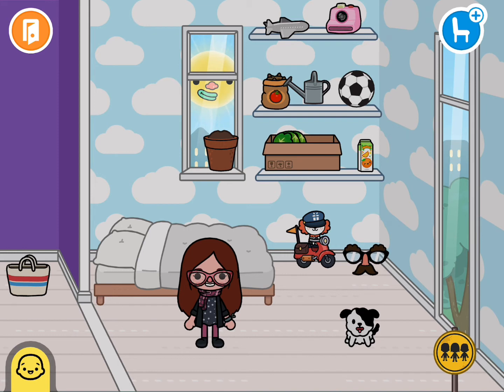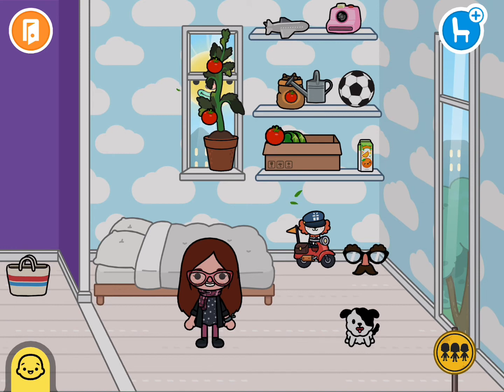Next, I'm going to take some of these tomato seeds, and I'm going to plant one and grab the watering can. And oh, let me just tell you real quick. The way to put the seed into the pot is by holding it right over it, and the seed will pop out. And now I'm going to take the watering can and hold it right over it, and you see how it's dipping? So it's growing and growing and growing. What did it do?